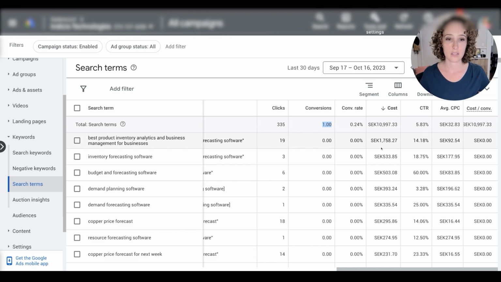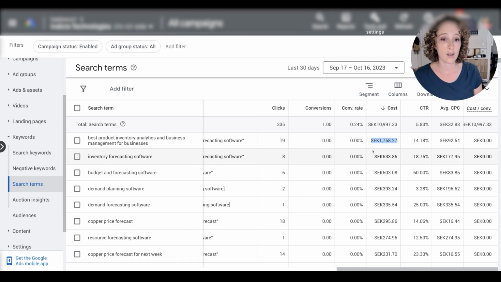We actually only saw one conversion in the platform last month, although there were a few conversions outside of the platform. So Google is just kind of dropping its tracking. That's something that is always a battle. But these software keywords are going to have a higher conversion rate, and therefore they're going to have a higher cost per click. This is SEK, which is Swedish krona,